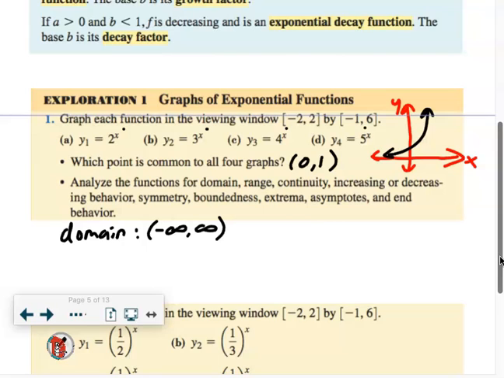It's not going up and down forever. The range. Well, when we study exponential growth and decay functions, we find out that the x-axis is actually the asymptote for this graph. It approaches it, but it never quite gets there. Now, here's how that works. So as we raise this to